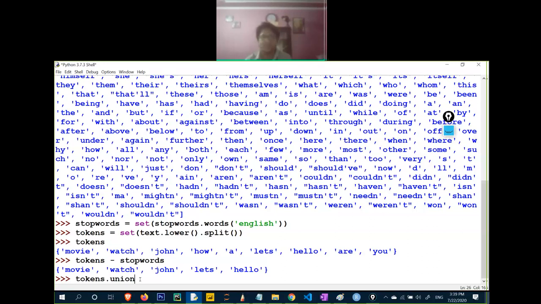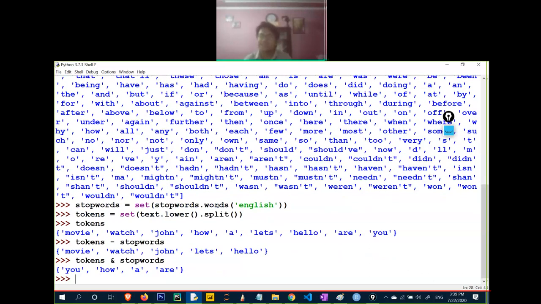Either you can use a predefined method union, or you can use the operator like this. You can also take the intersection like this. Or you can use the methods tokens.union, tokens.intersection.